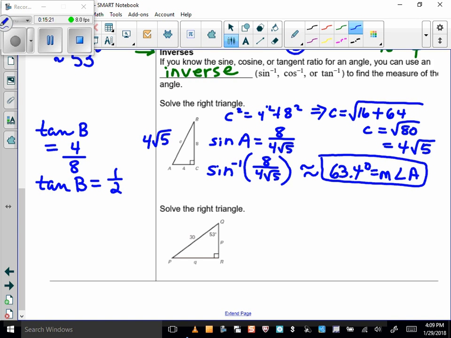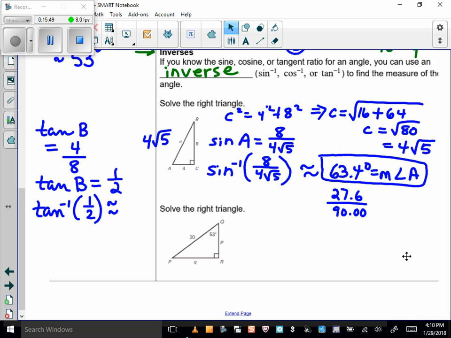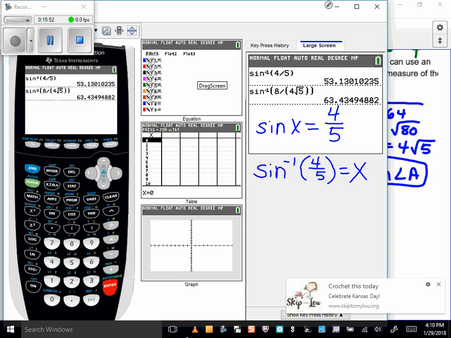Okay, what do we know? We know that it better come out to be something like 27.6, because, right, these two have to add up to 90. Remember that. Let's not lose our ability to be logical. We know that when we take the inverse tangent of 1/2, we better get something close to 27.6. So let's see what we do get. Inverse tangent of 1/2. So we're going to go second tangent and 1 divided by 2, close our parentheses, and we get